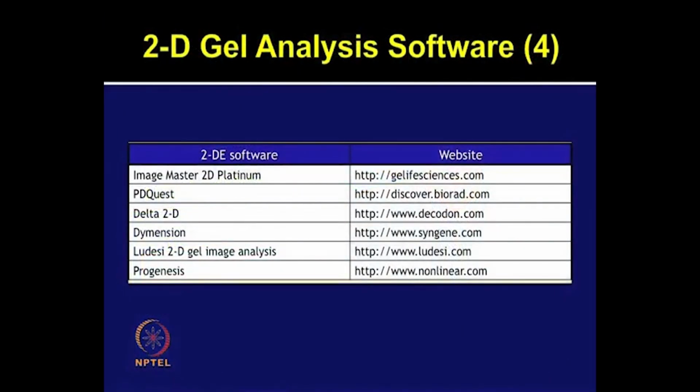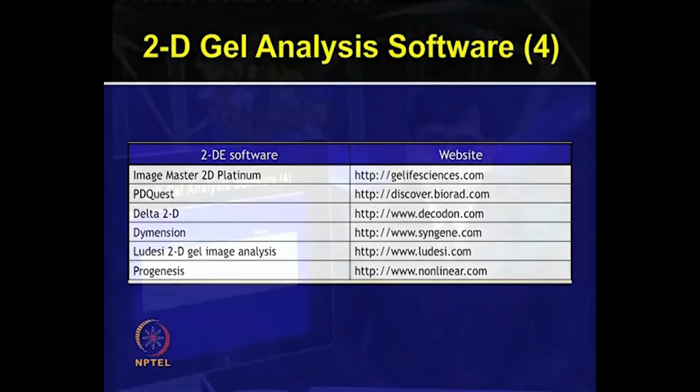There are various commercial software packages available for comparing 2D gels, such as ImageMaster 2D Platinum from GE Life Sciences, PDQuest from Bio-Rad, Delta 2D from Decodon, Dimension from Syngene, Ludesi 2D gel image analysis software, and Progenesis from Nonlinear. These are just a very few of the software packages I have mentioned. These are very commonly used, but there are many other good software packages also available which one can use